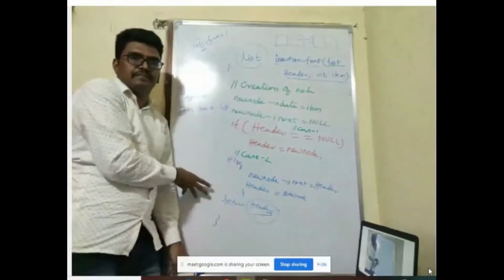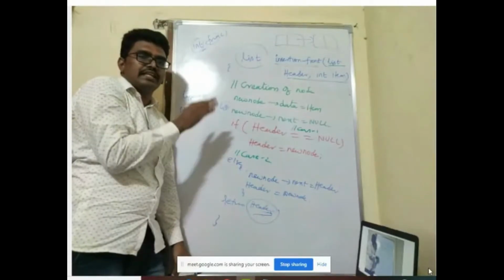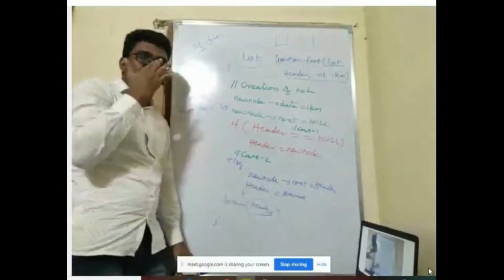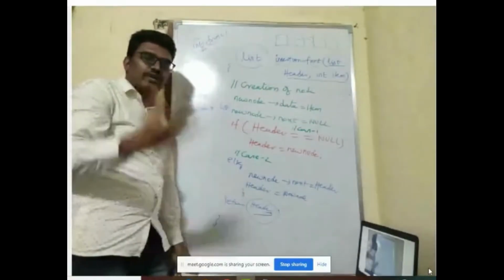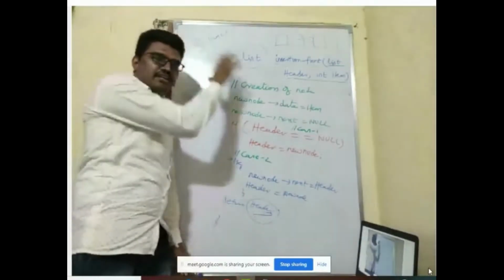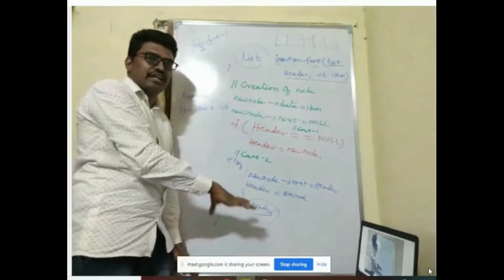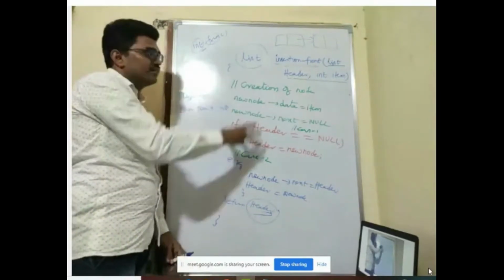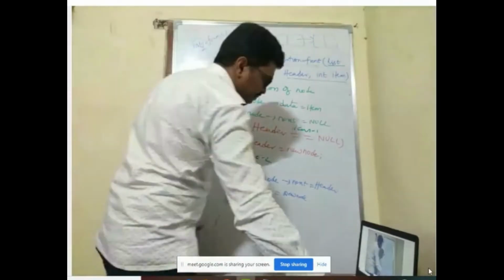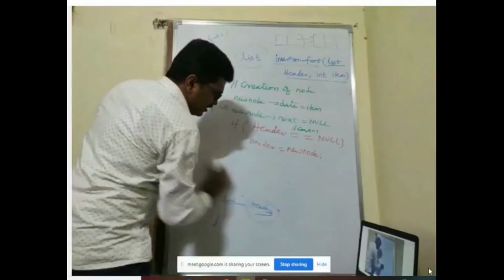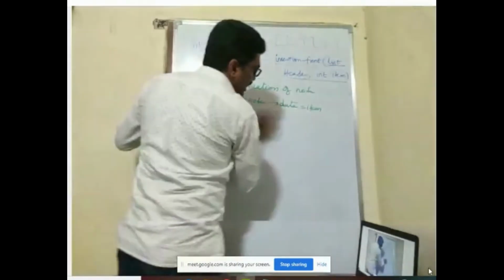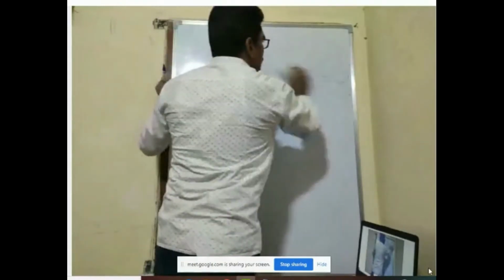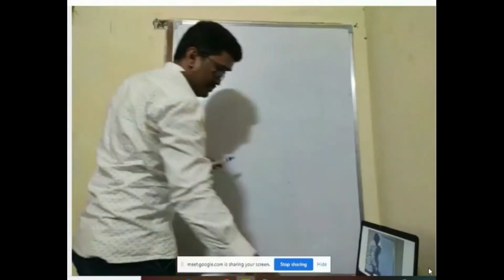Everything will be easy. You will be at a stage where you can write the whole linked list with your own hands. You need not refer to any book. With your own hands only, you can write those 100 lines of code. To that extent, you can learn it. So this is about insertion at front end. I hope everyone has understood it. At the end we'll have a questionnaire, and any doubts you have, you can put them there. Now I'll move on to the next operation.